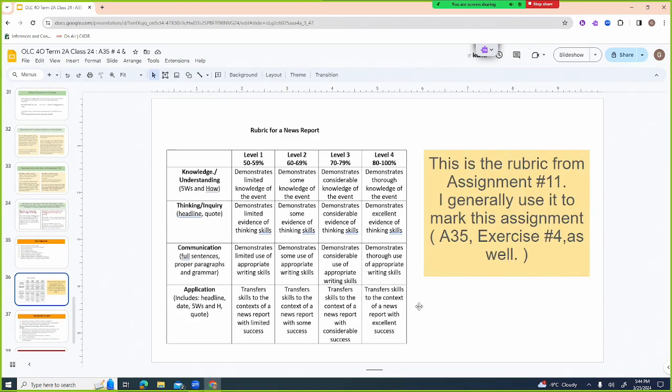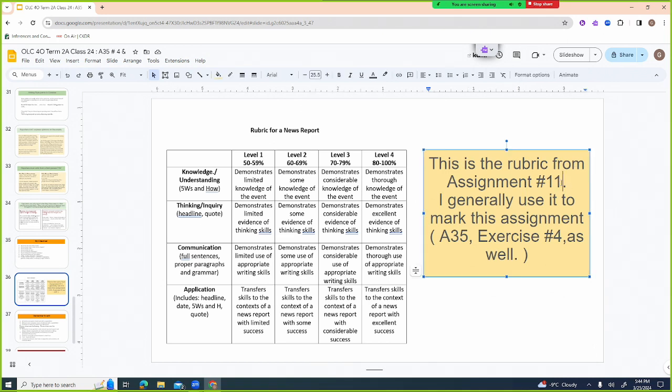Okay. This is the rubric from assignment number 12 and 13. I generally use it to mark this assignment as well, because we've already used it once and it just kind of makes sense. It's the same kind of assignment, okay? First of all, we're looking at knowledge and understanding. Does the article show an understanding of the 5 W's and the how? In other words, do you show good knowledge of the event?